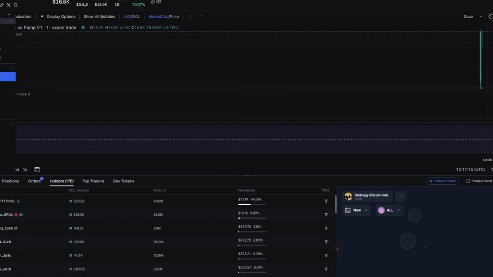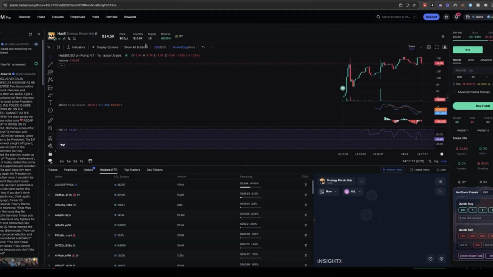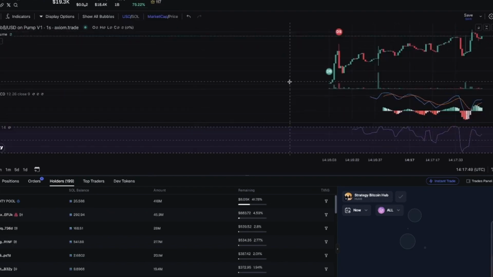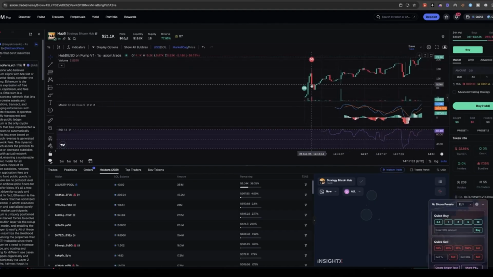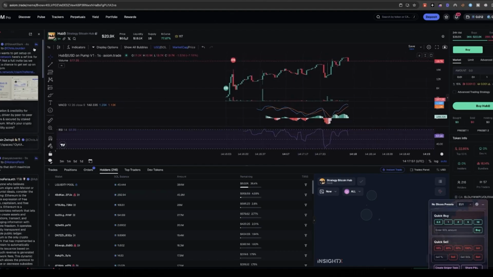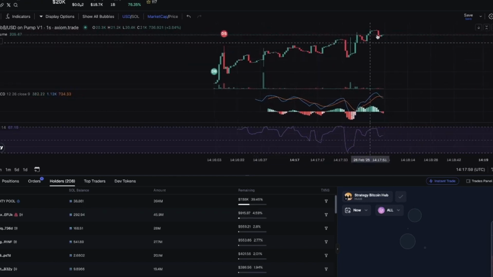These also could be rug pulls, because this person is creating tokens left, right and center. They're always creating these type of tokens. So it's probably a notorious rug puller. When we first spotted this token, it was around $12,000 market cap. And now it's currently at 21,000. With the 1 second chart, you can see all of the movements really quickly.